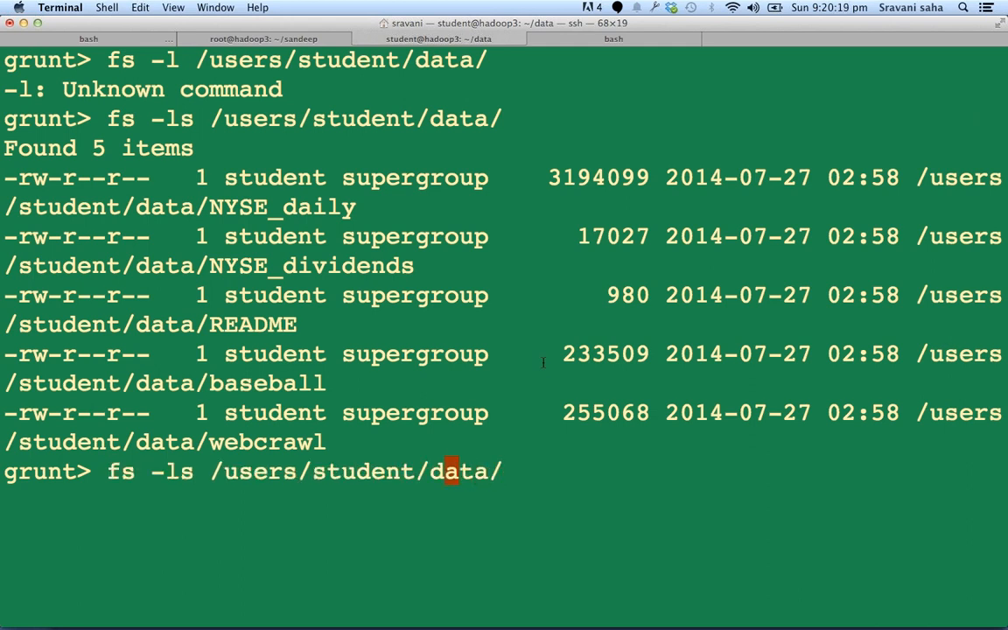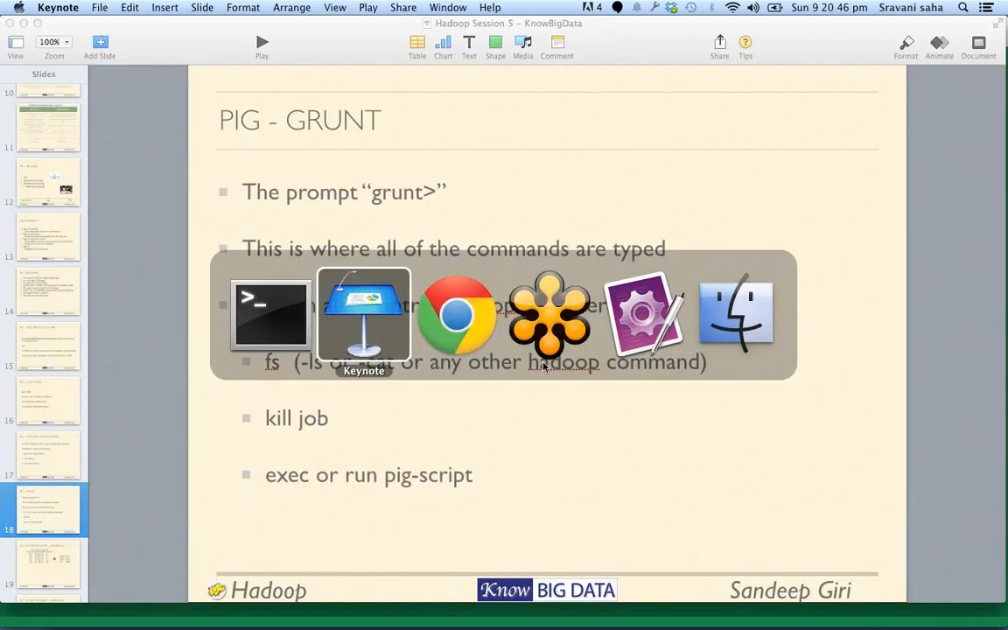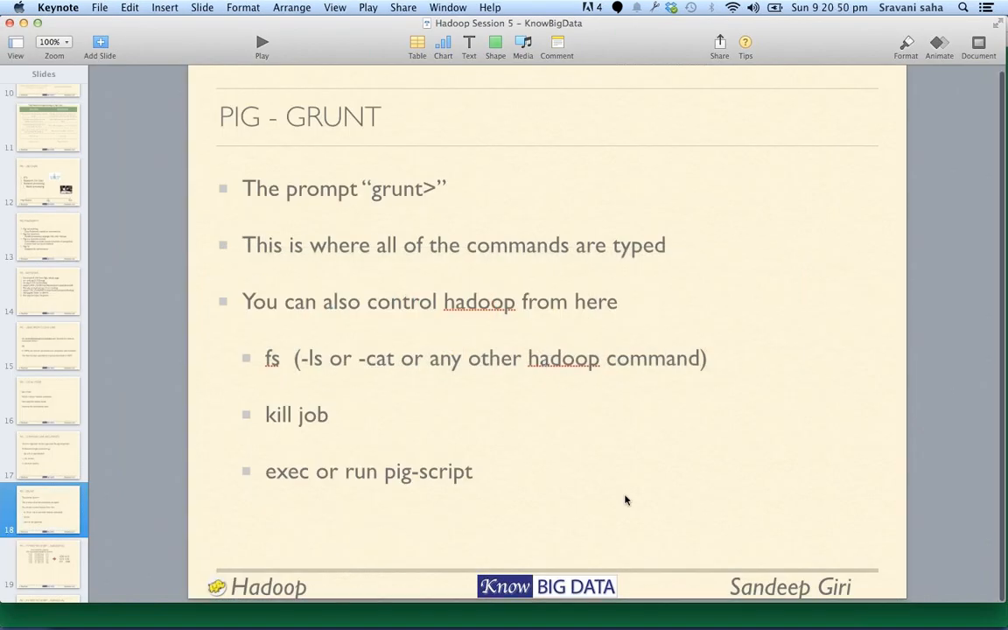Similarly, it also helps us in doing other kinds of things such as copying a file. Say I want to say fs -copyFromLocal and I say people, the file which we just loaded, and I'm trying to copy it into HDFS. So like this, it got copied there. Okay, so the fs command is completely supported on grunt, so you don't have to get out